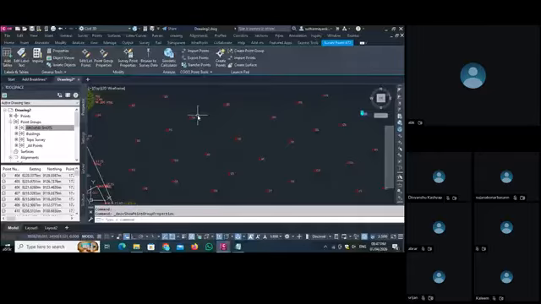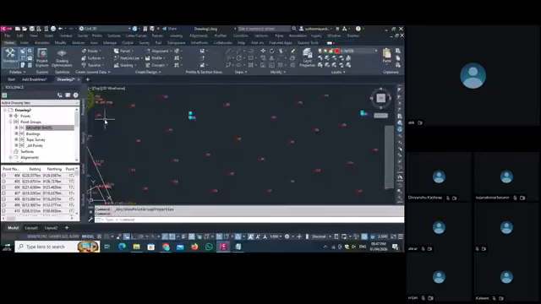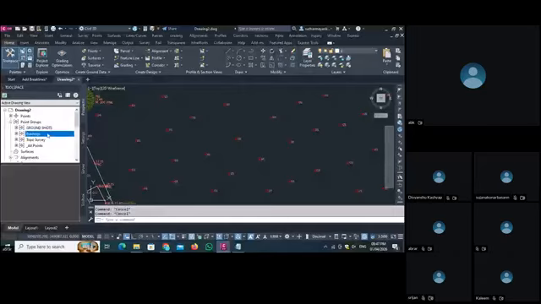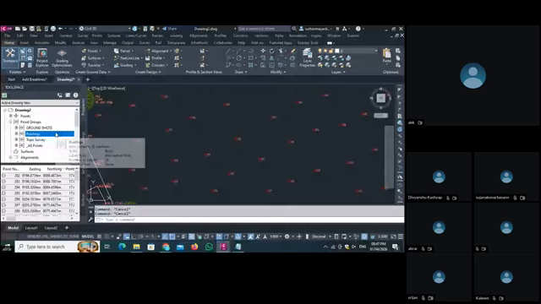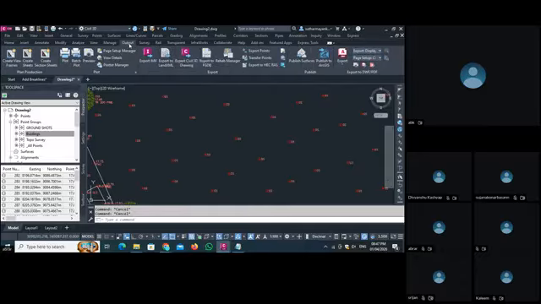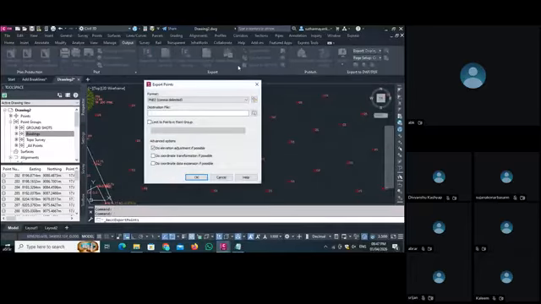So now what we do, we have our groups. We generated two groups, ground shots and buildings, with two different methods. What we do, we export these points as output. For exporting these points, we go here to the output tab, and here you can see the option Export Points. If you want to export some points to the client or to the engineer, you can set your format here